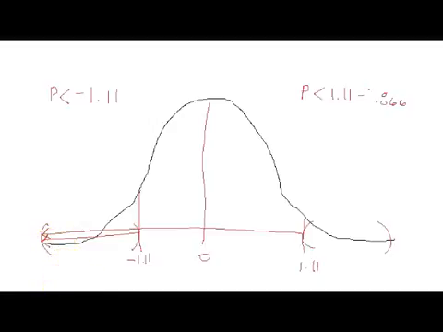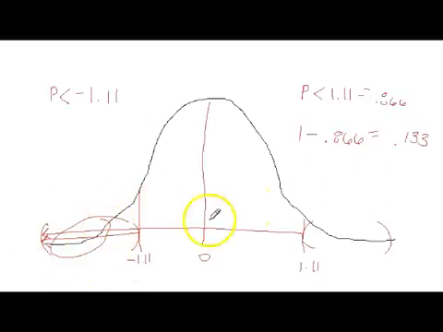which is what we're looking for. So we could simply do 1, because that's the entire probabilities, right? 100% of your possibilities, minus 0.866, and that is actually going to give us this area, which is the same as this area down here that we're looking for. Right? So that means that we have about a 0.133 or a 13% chance of seeing women who are shorter than